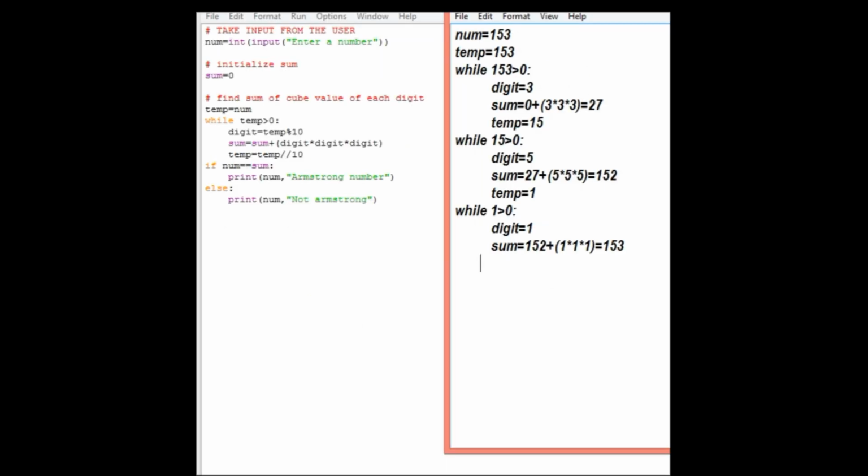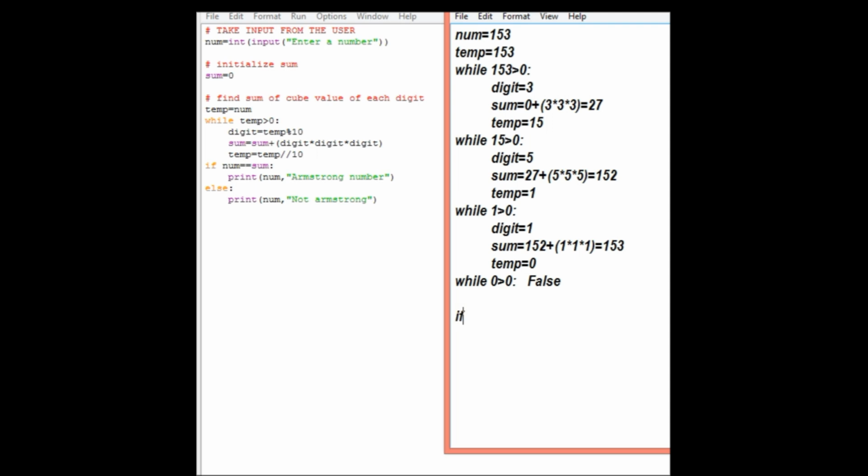Now temp equals truncated division operation performed on the variable temp. 1 truncated division 10 will be 0. In the next iteration, while checks whether 0 is greater than 0. False. So it won't enter the body of the while loop. It comes out of the while loop.